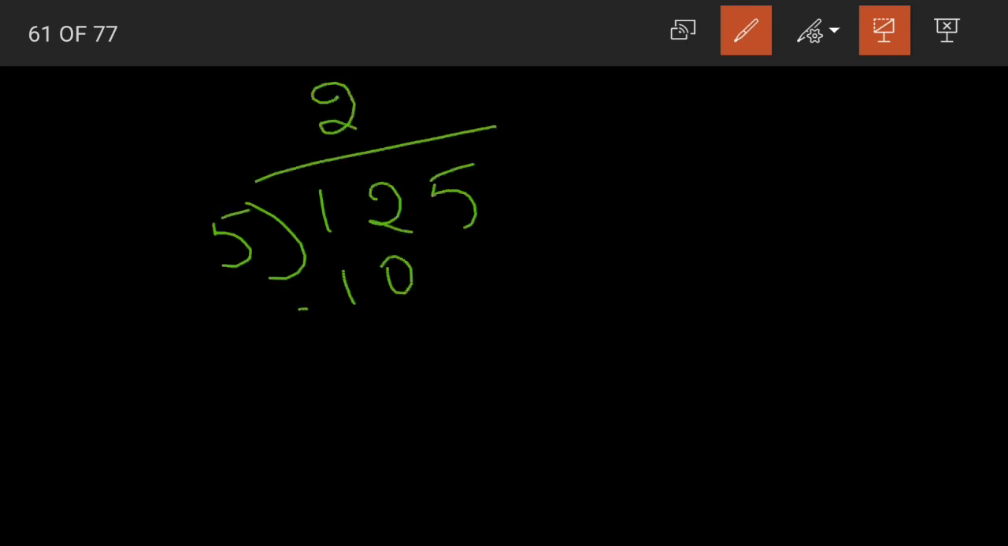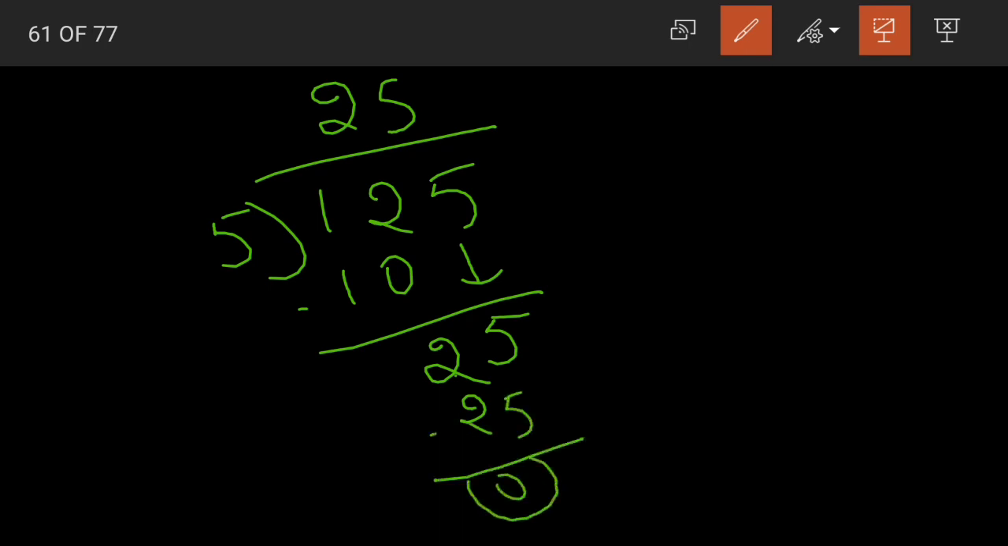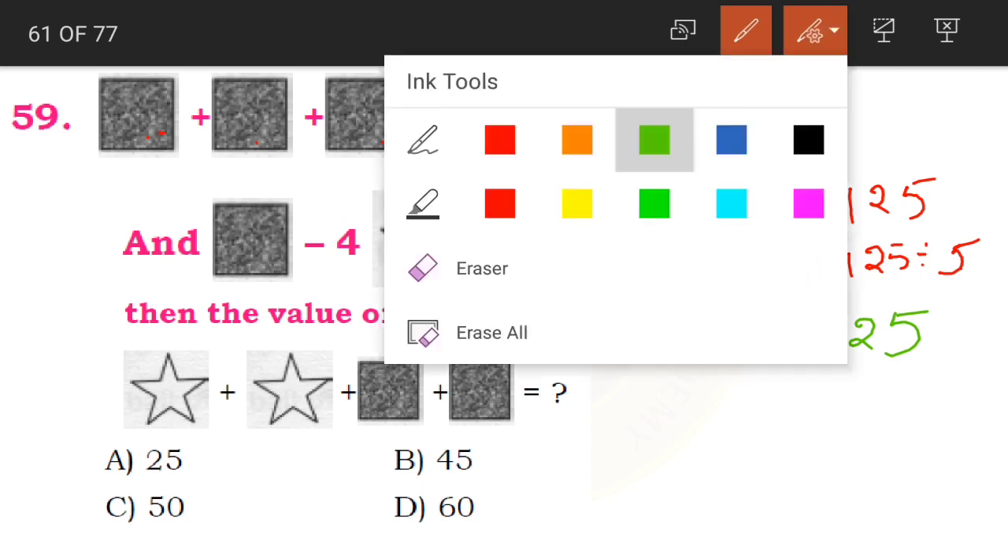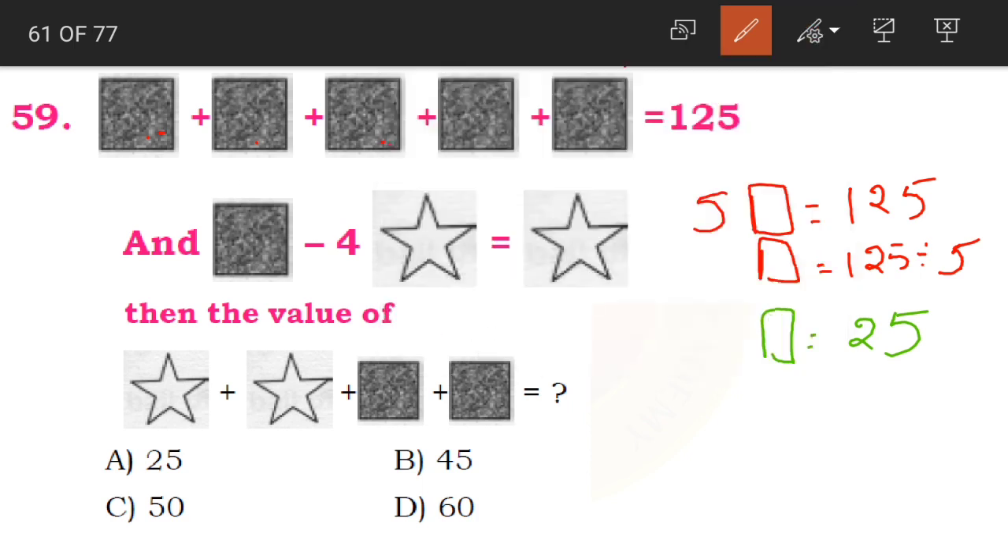Now let us divide and see. Divide 125 by 5. 5 2s are 10. When we subtract, 2 will be our answer. And 5 brought down. So we know that 5 5s are 25. And when we subtract, 0 will be our remainder. What is the quotient answer here, children? 25. So 1 square is equal to 25. Yes, clear children till now? Now 25 minus 4 star is equal to